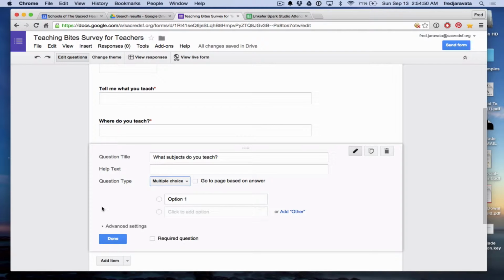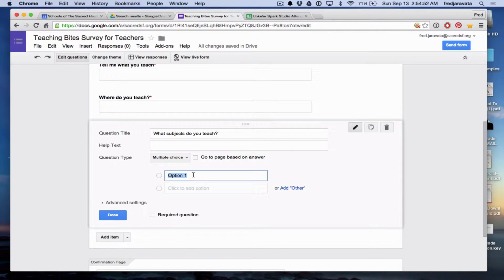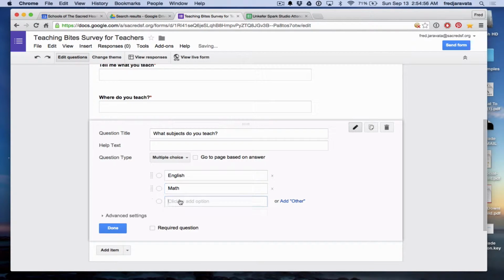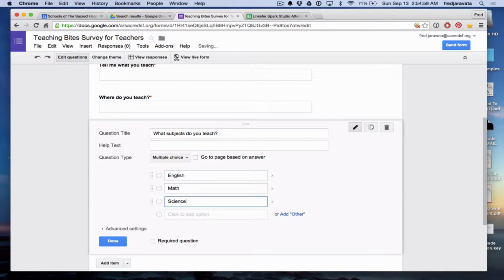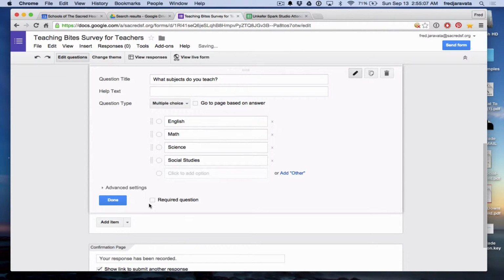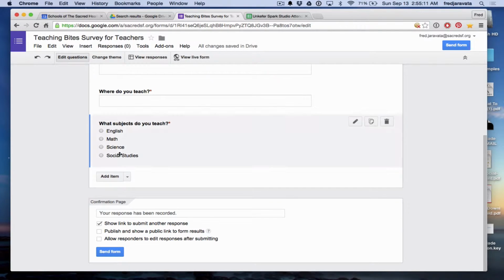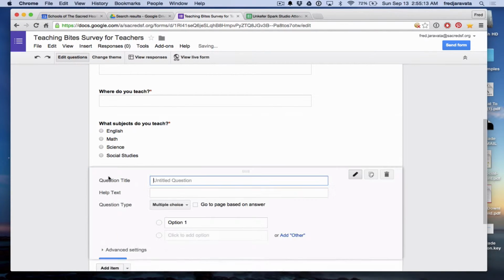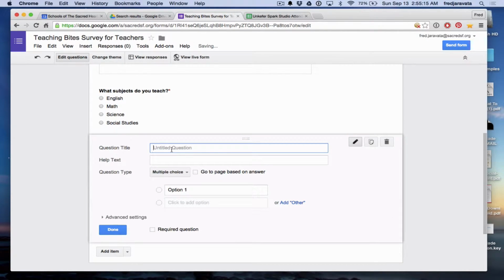Okay. Or a multiple choice where I have, say, English, math, science, social studies, and so on. Okay. I'm going to make that required question as well. Press done. Okay. I'm going to add another item and type in,